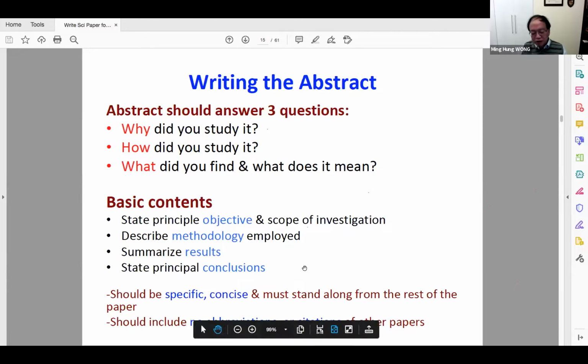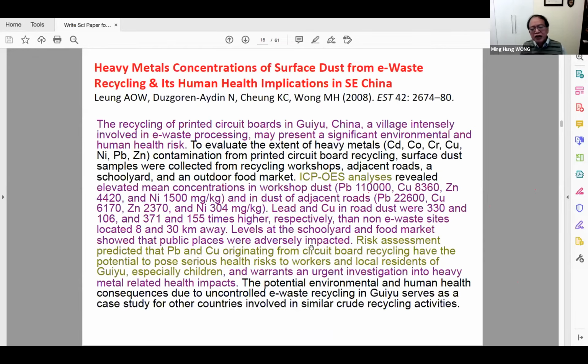So it's a short paragraph. It should be specific, concise, and stand alone from the rest of the paper. So an example here, I'm not going to go through it in detail. A paper we published